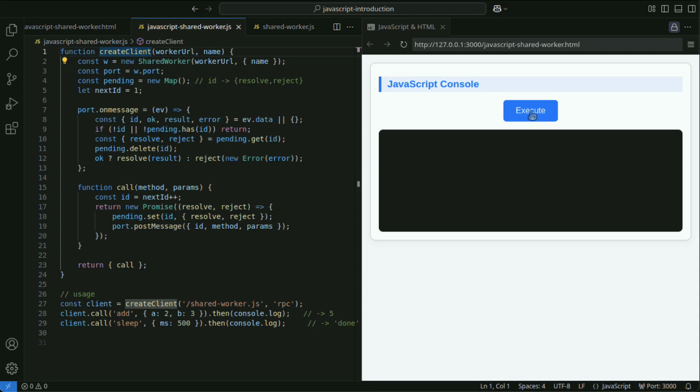This code implements a simple RPC client that can make asynchronous method calls to the shared worker. Here, an RPC server, Remote Procedure Call server, refers to a server that provides a mechanism for calling functions and procedures from other programs or processes.